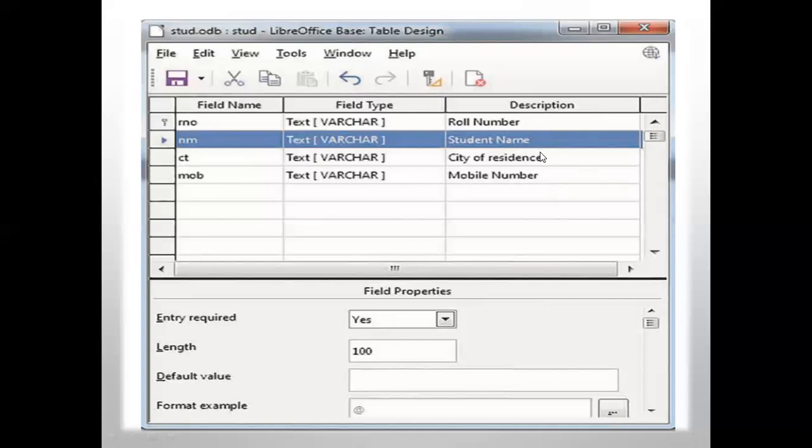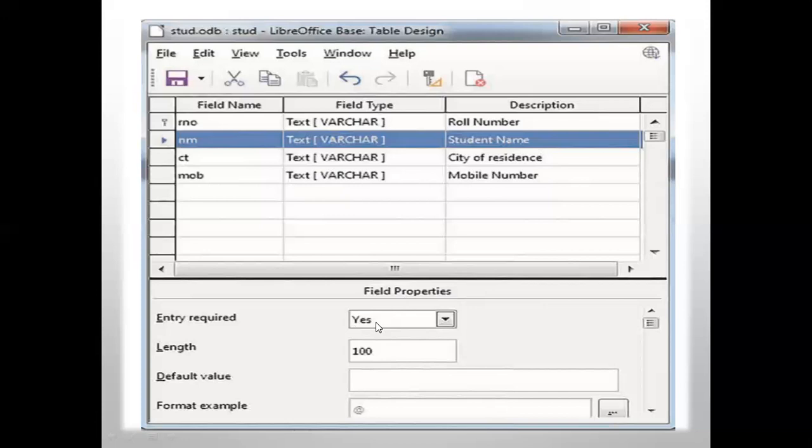After this, when you click on individual rows, you will get some field properties. For text, it will be different. For integers, it will be different. For date and time, it will be different. These properties will be according to the field type you are choosing. So in this bottom section, field properties, you can select yes or no for the entry required property.